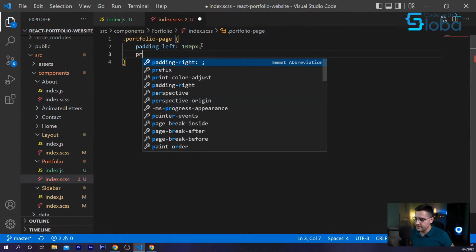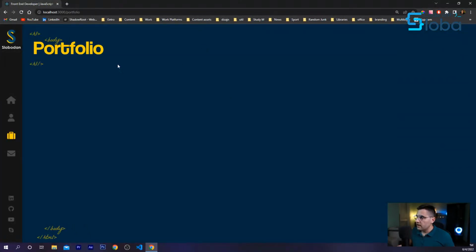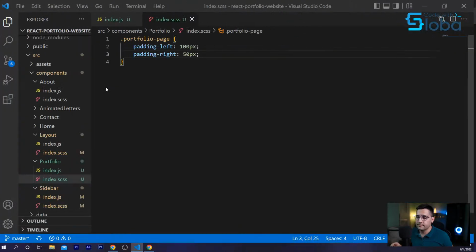On the right, let's add 50 pixels. Okay, that's better. Now we start to see on our portfolio title that we get the after and before pseudo elements added so that we have these nice H1 tags.